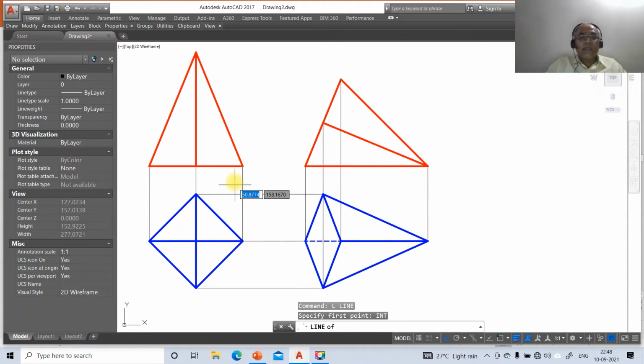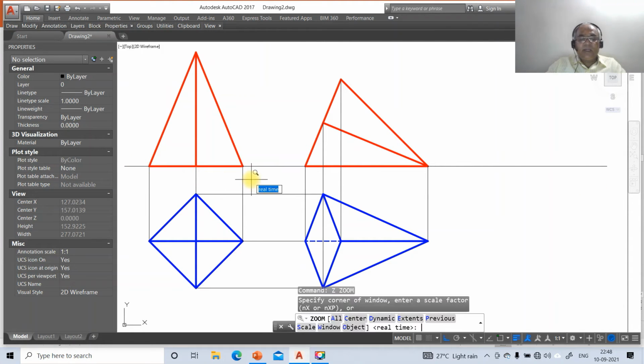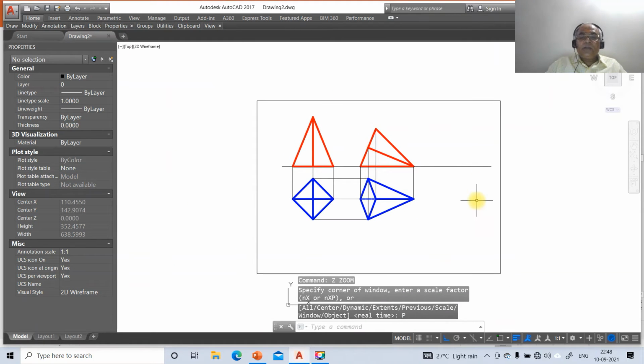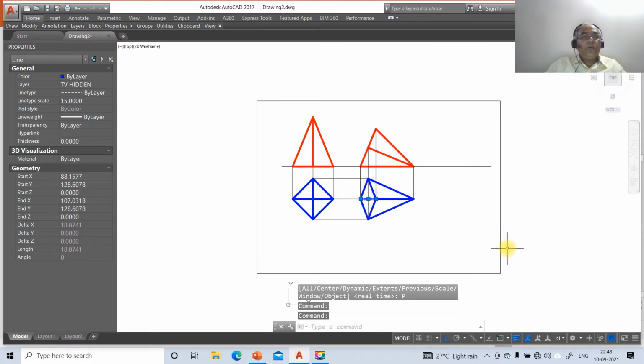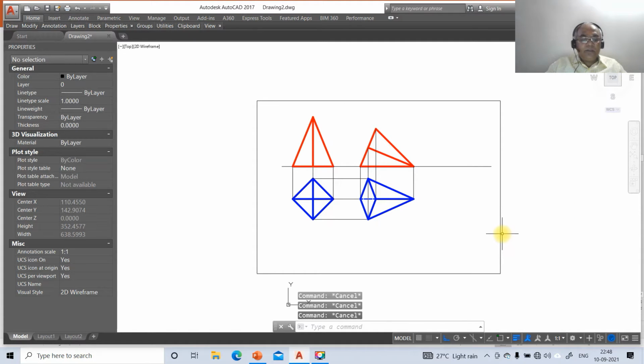Then go to line, take int of this and go to intersection part of this, then go to line int of this, then go to line, take int of this and draw this here on this side. So once you do that, so here you just click on this and make this layer as 15. So now here you have this, then go to zoom window, bring it nearer,